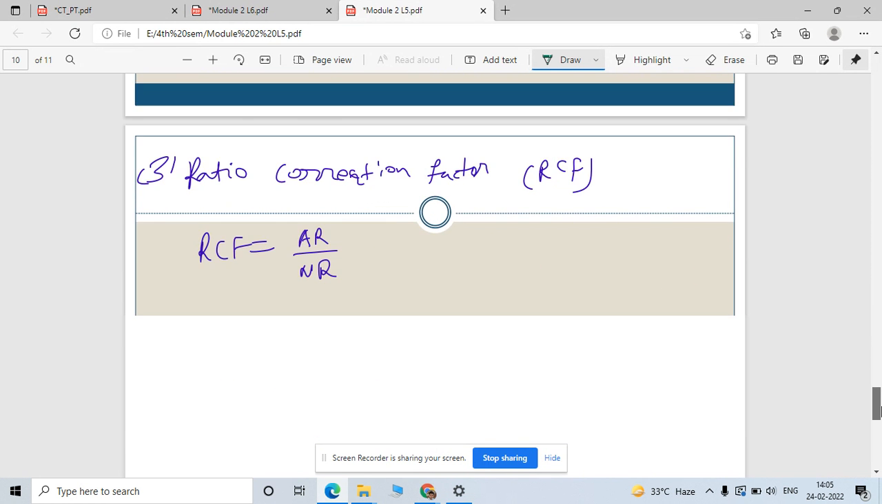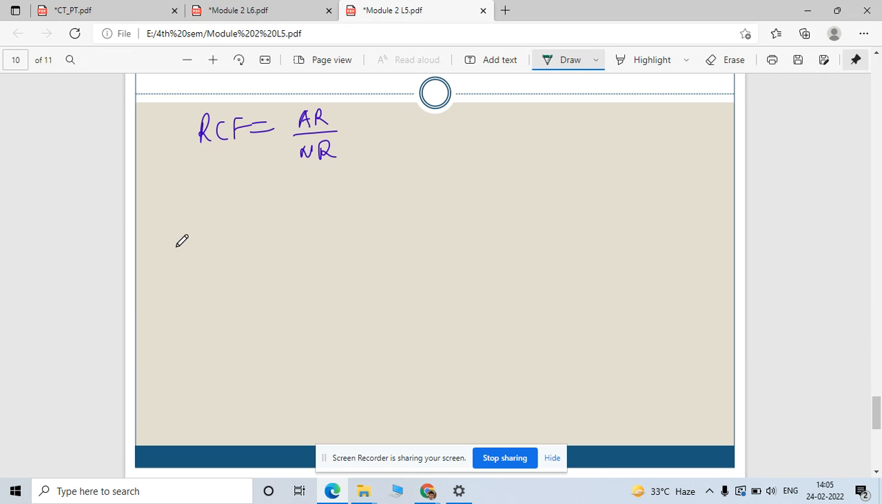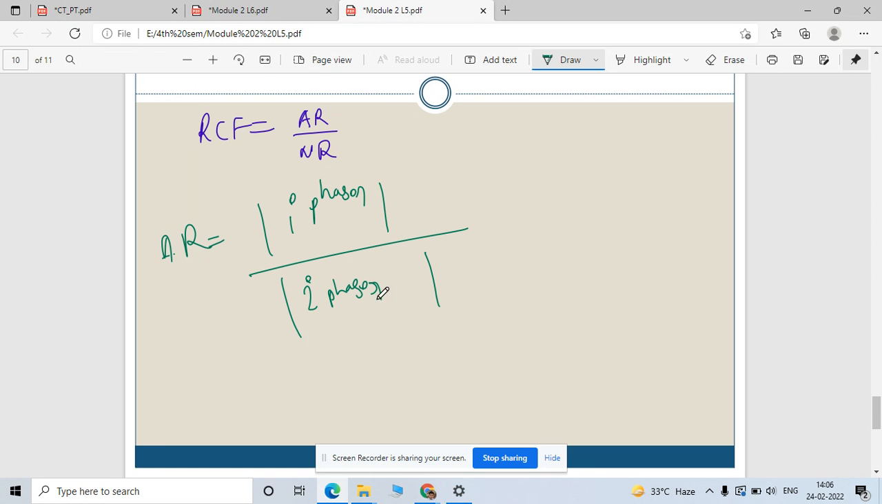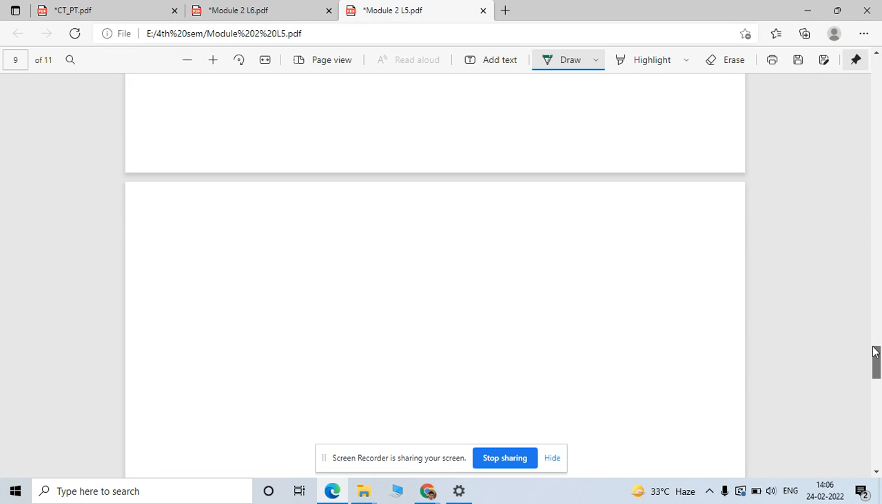So actual ratio कैसे find करोगे यहाँ पे आप? Actual ratio is nothing but your primary current, or you can say primary phasor divided by secondary phasor. Okay, this is your primary phasor divided by secondary phasor in terms of what? See here,